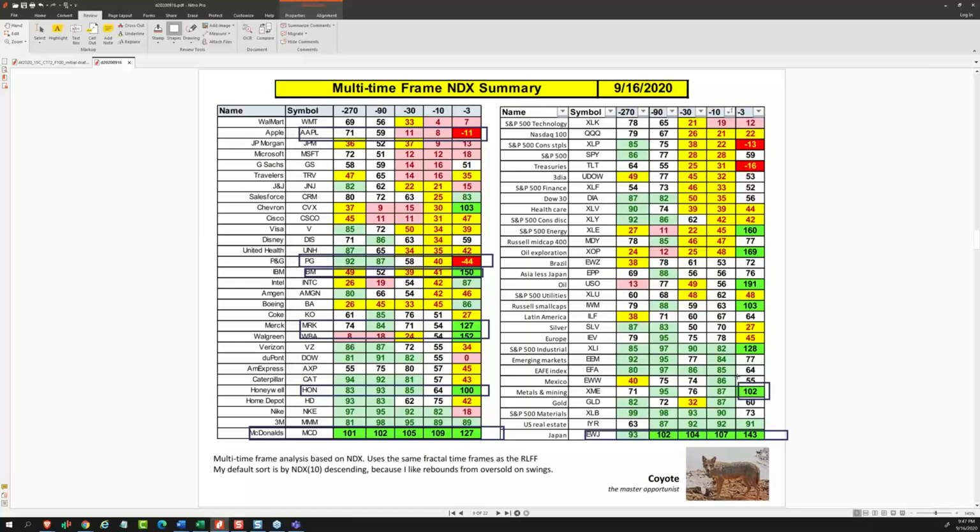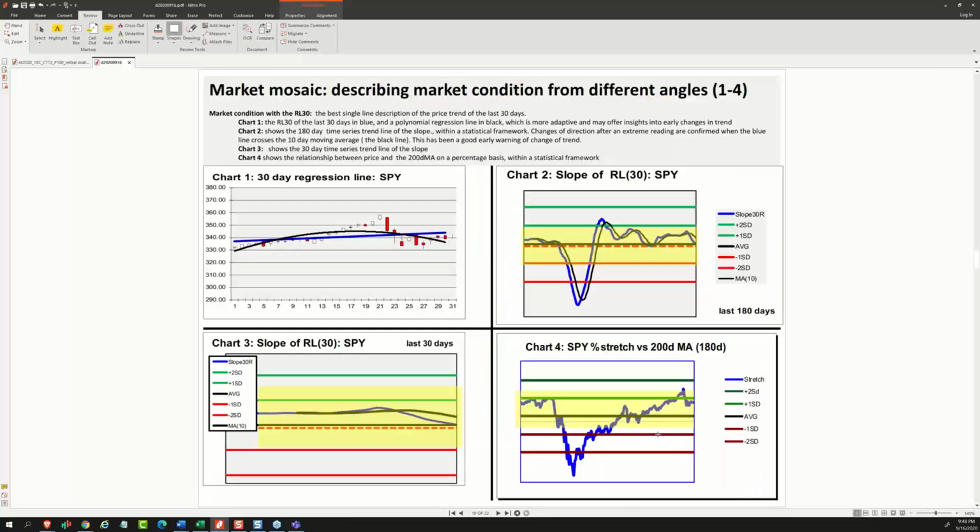Japan, metals and mining, industrials, small caps. Look how strong oil, exploration, and energy were. That's how strong that sector was today. No surprise that Devon dominated in that. So Devon is my number one thing to be ready for tomorrow when I'm maximizing day trading. I am the coyote, the master opportunist.